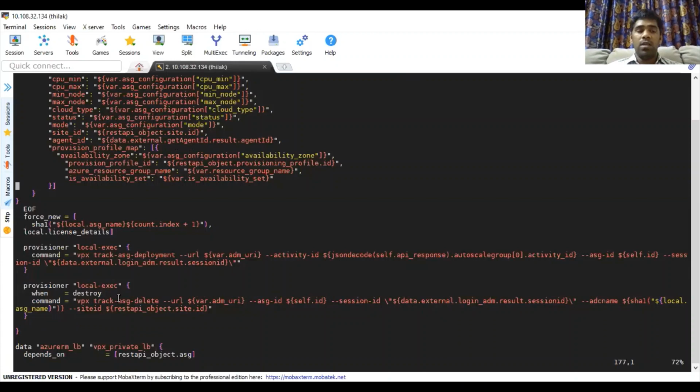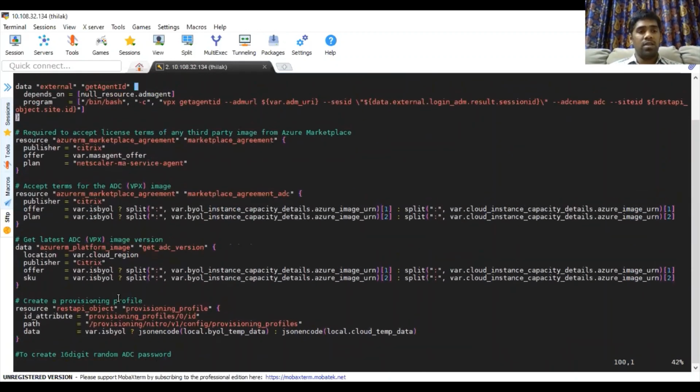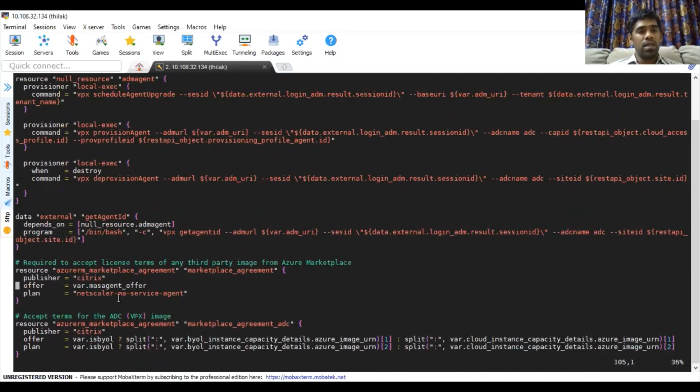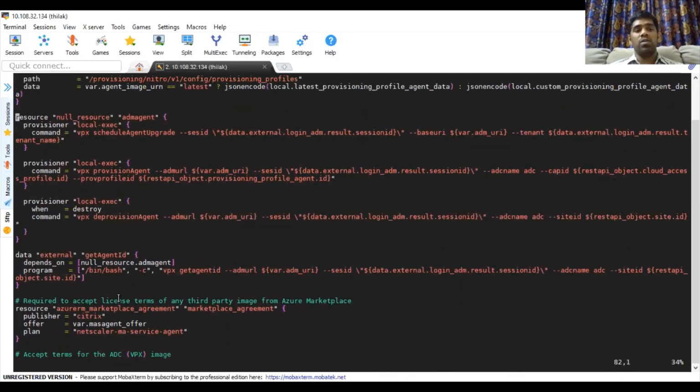Similarly, on the agent deployment, as I have shown you, agent deployment also uses the data external call, right? It is used as a resource null resource. It's a Terraform null resource, and we call the provisioner local exec as part of this.